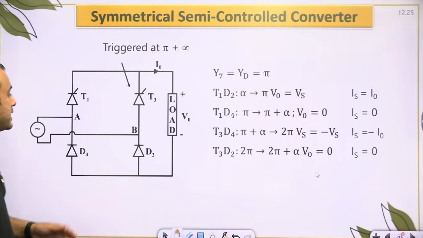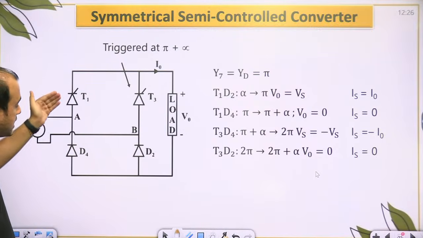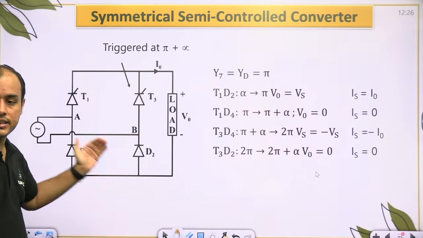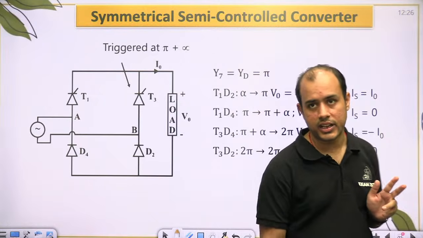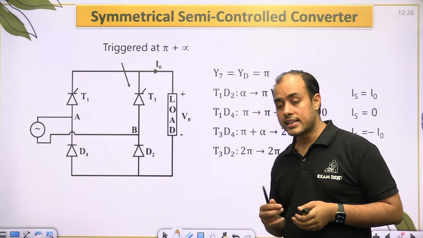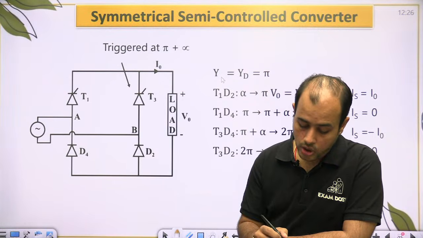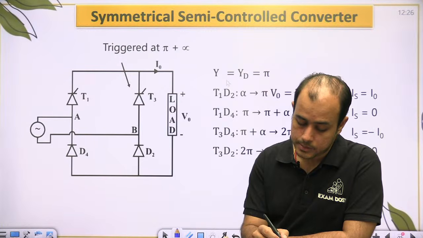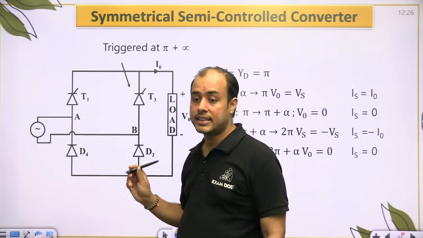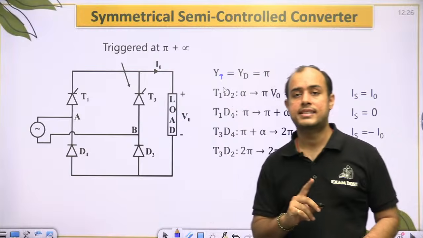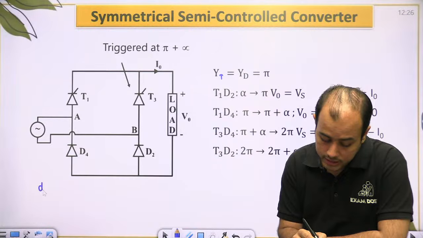So in symmetrical semi-converter, in each vertical leg, instead of having 2 thyristors, I have a thyristor and a diode. Instead of 2 thyristors, one thyristor, one diode, one thyristor, one diode comes. Now, it is also called symmetrical because the conduction angle of thyristor and diode both is pi. So now, from alpha to pi, remember the diodes do not see what is the firing angle. Okay, diode conduction